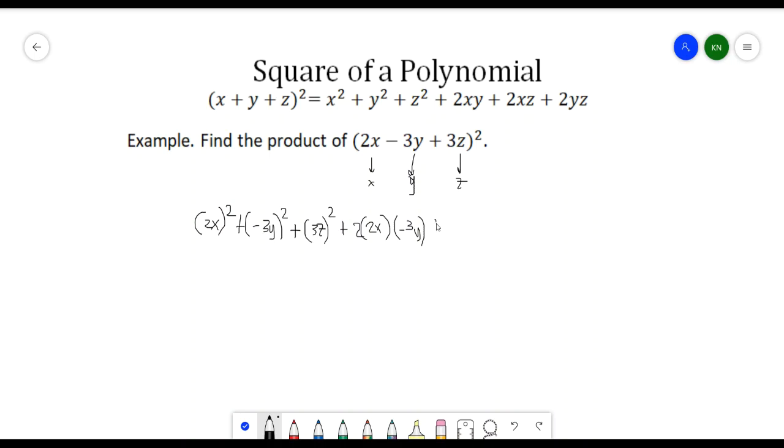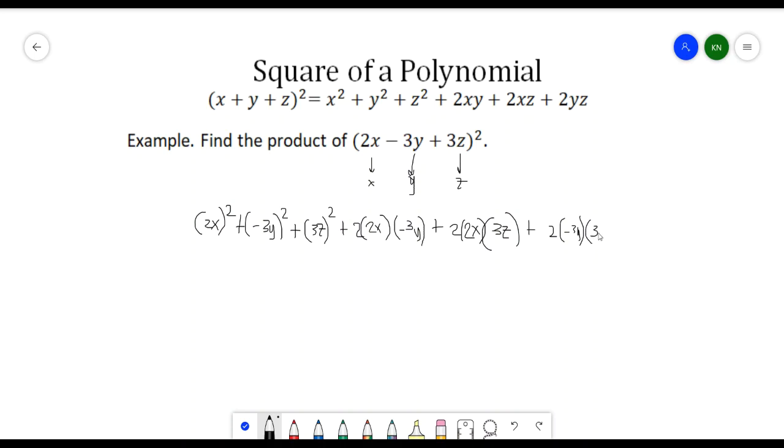And then we have 2 multiplied by our x, which is 2x, and multiplied by our z, which is 3z. And the last term would be 2 multiplied by our y, which is negative 3y, and then our z,